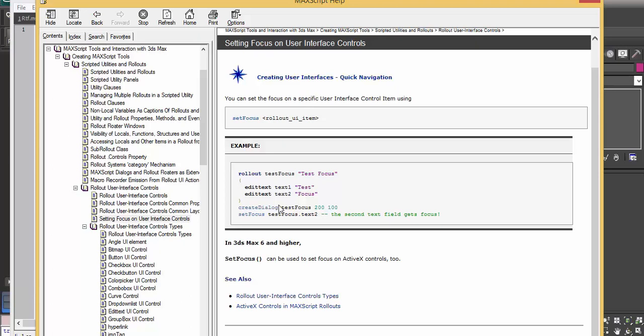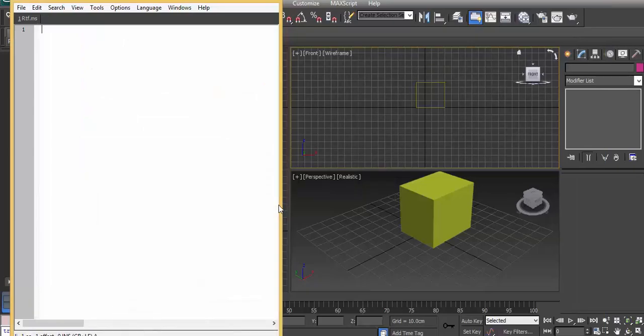The first thing you must do is have a rollout. The main call for a rollout is rollout, and then you give the rollout its name, the name you want to give it, and then the text that should display as the title. Then down here you must create the rollout dialogue of that particular name, and then you give it a size. I'm not going to focus on that first, but let's create our first basic rollout. So the keyword is rollout,